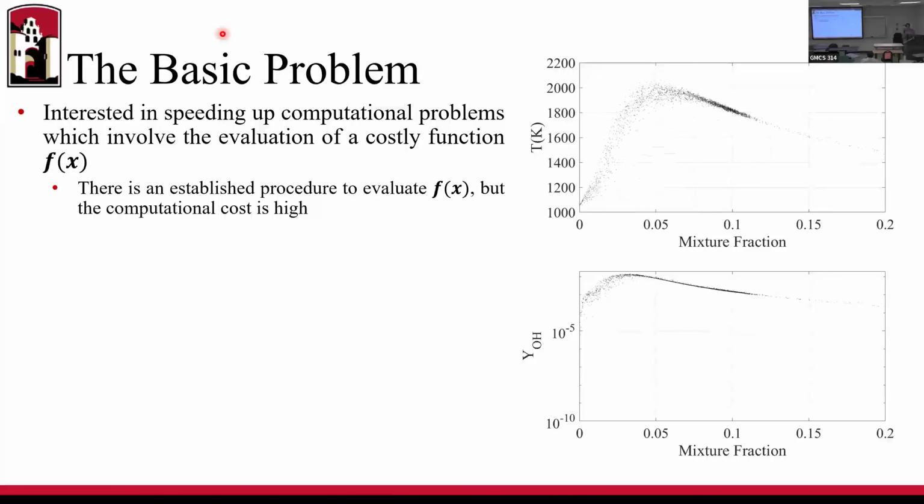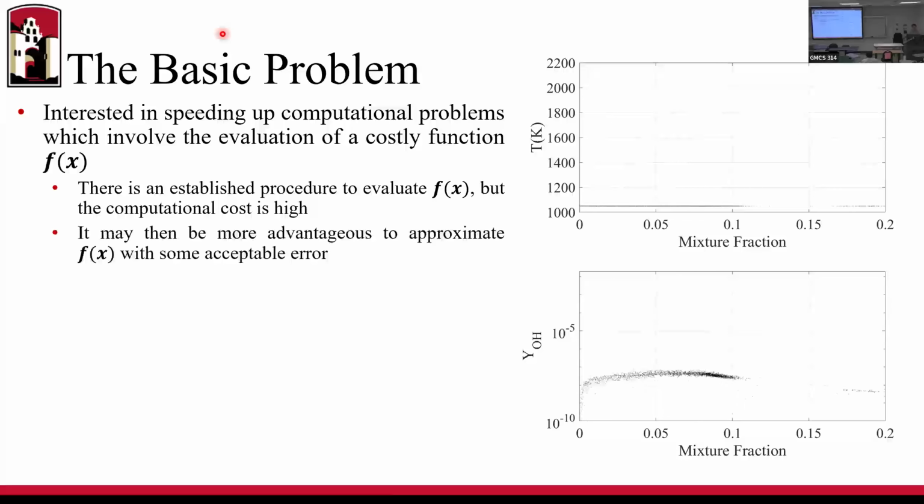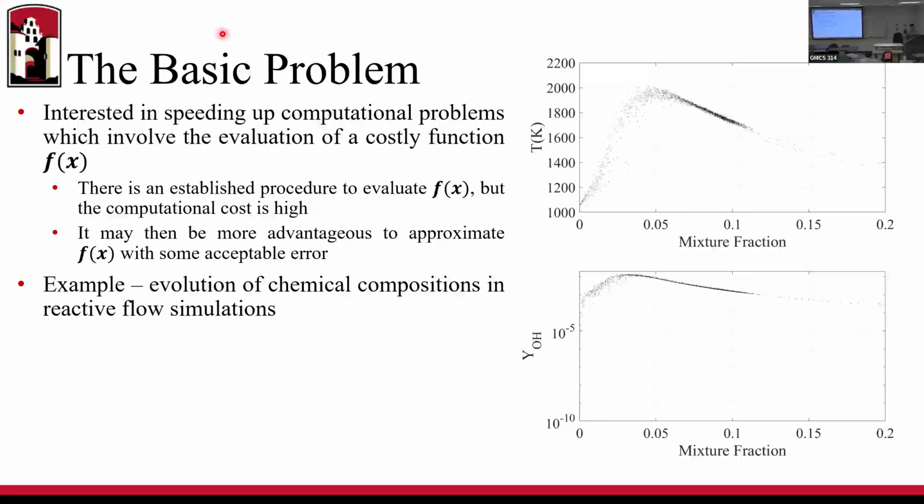Okay, so we have an established procedure to evaluate f of x, but the computational cost is high. And in that case, rather than evaluating f of x exactly down to machine precision, it may be advantageous to approximate f of x with some acceptable error, like 10 to the negative fourth, if that allows us to crank out these f of x evaluations much faster. So an example of this, and one of the classic